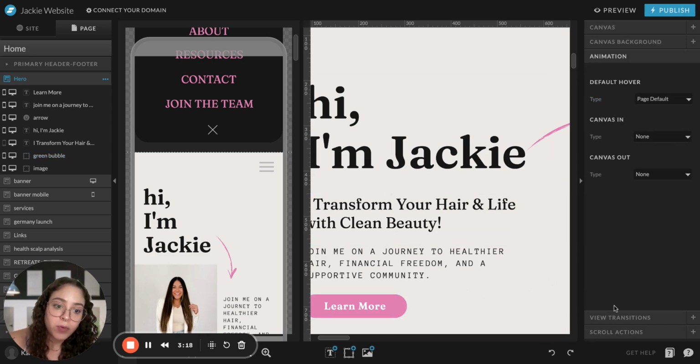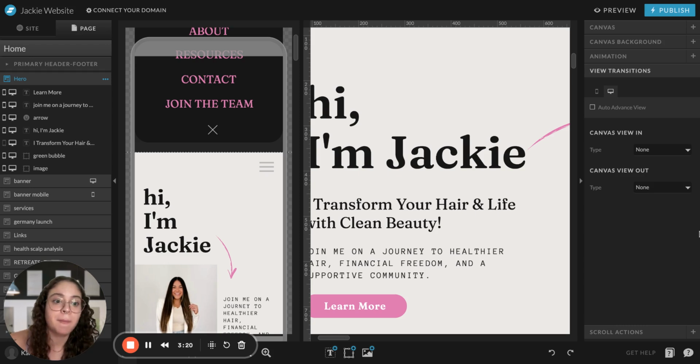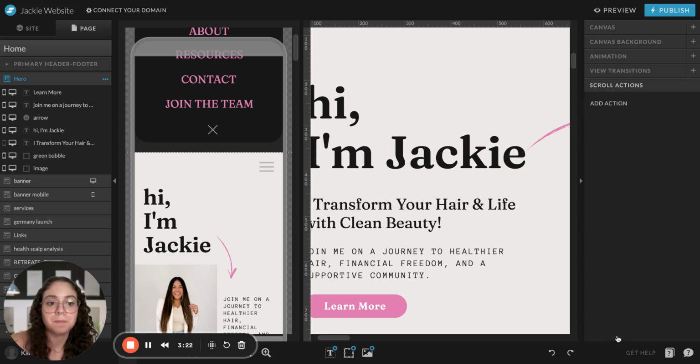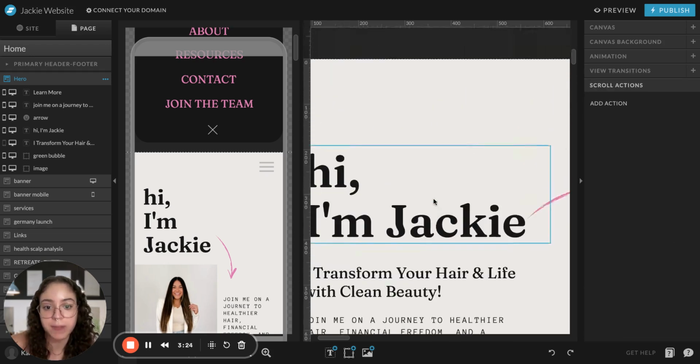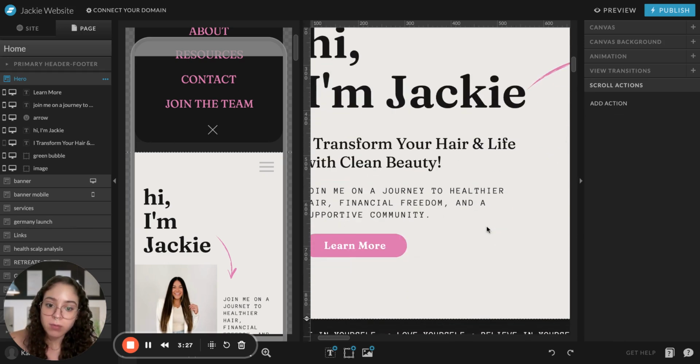So we can have also, coming back to the whole section, we can do transitions, and we can have some scroll actions. And now talking about the specifically for the